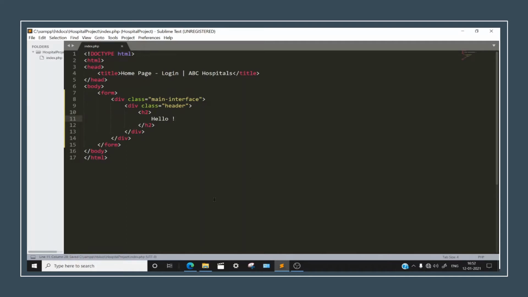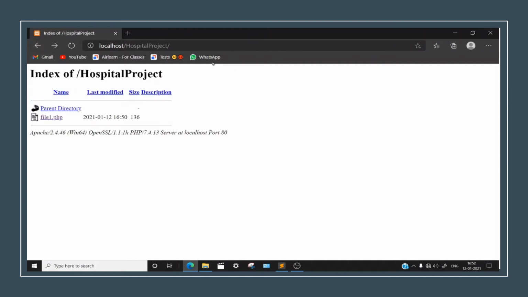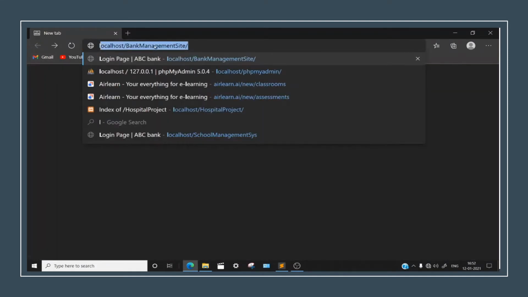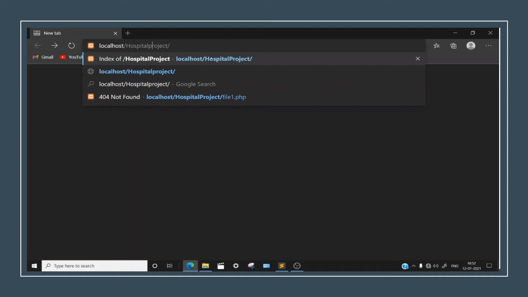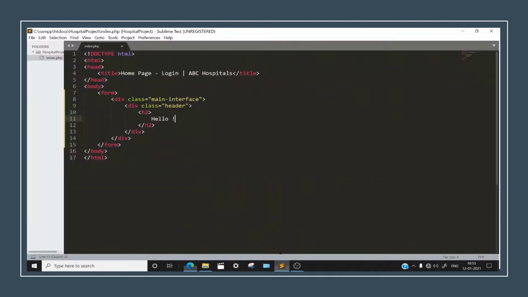For now, we are just skipping this. Okay, let's go to localhost, hospital project. This P should be capital. Okay, so yes, now it's giving some hello like that.